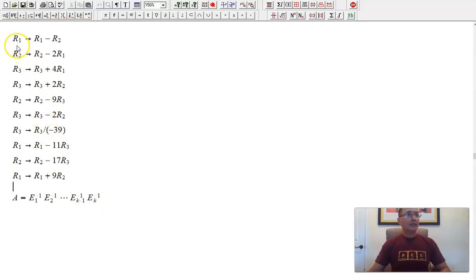So in this case, since we have 10 operations, this means that our k is 10, and k minus 1 is 9. Okay, so what this means is we have to reverse each of these 10 row operations,